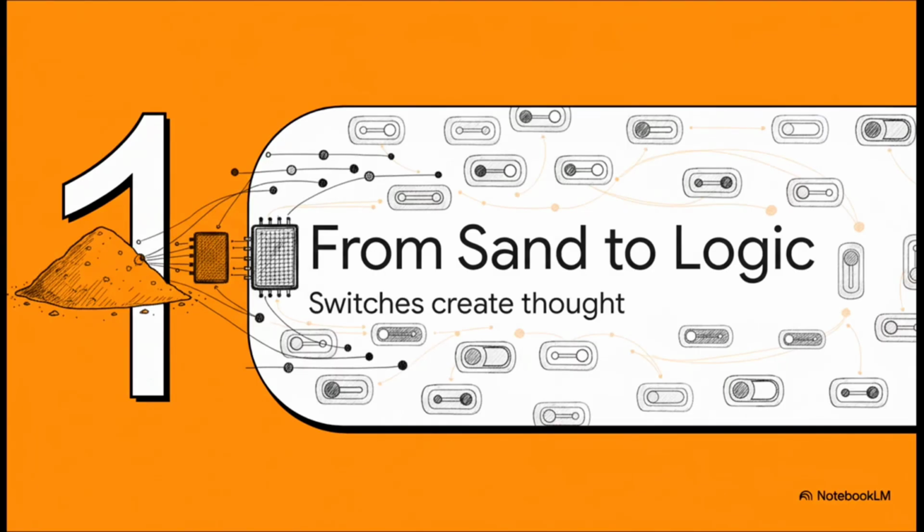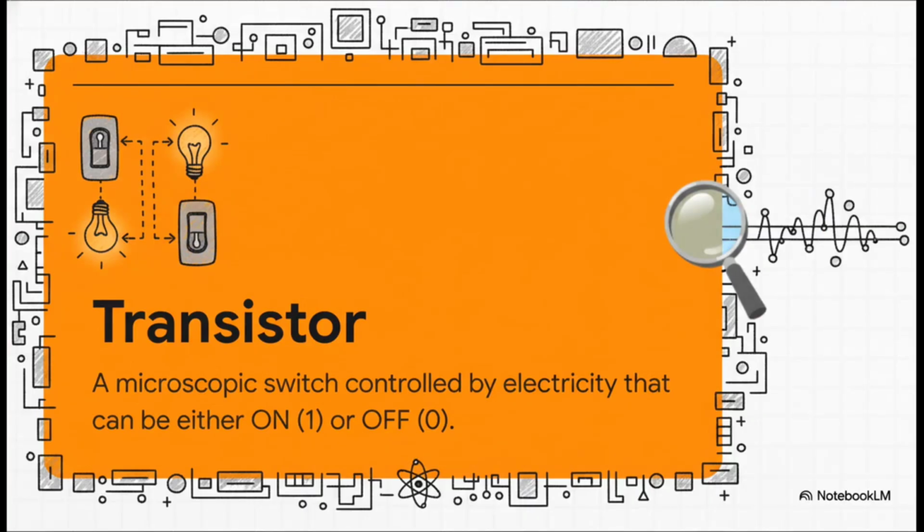It all starts with silicon, which is made from sand. And that silicon is used to create billions, and I mean billions, of these tiny little switches. That tiny little switch is called a transistor. Just think of it like a light switch. It can either be on or it can be off. We represent on with a 1 and off with a 0. And that simple idea, that on or off, that 1 or 0, it's basically the atom of our entire digital